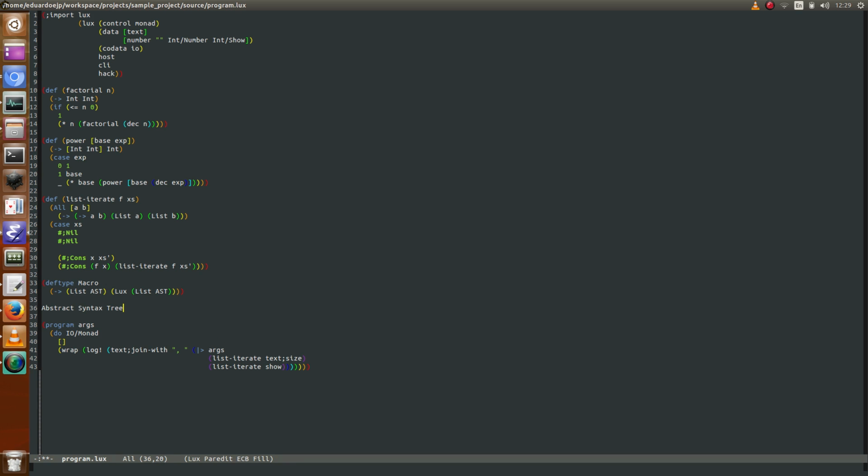For those of you who are not familiar, an abstract syntax tree is a way to model the syntax of a programming language as a data structure. So it has multiple cases. So for instance, I can have a node that represents text, I can have a node that represents an int, or a real, or a boolean,